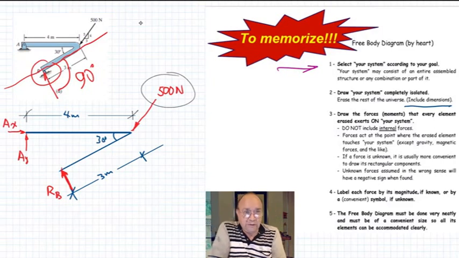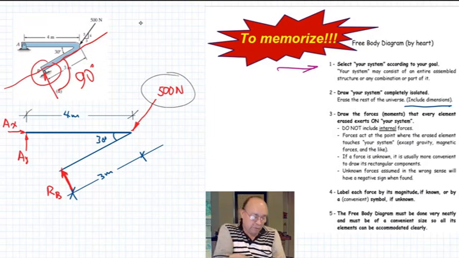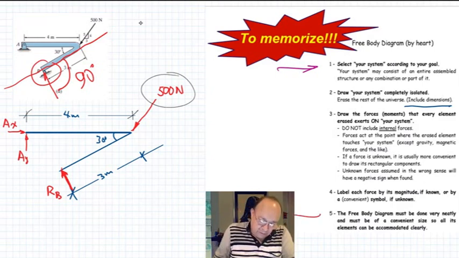The solution of the equation is not going to give you any correction if you make an assumption of something that is known. If it's known, you have to put the right value. But for the unknowns that you don't know in what sense they go, you just assume any direction and the sign will correct you if you were wrong. Okay, the labels are there and the free body diagram should be correct. Very, very nicely done, nice size.